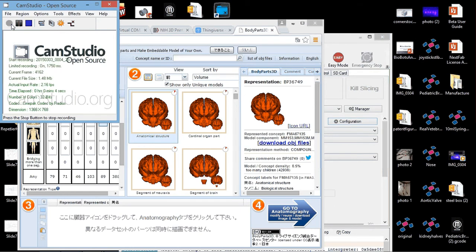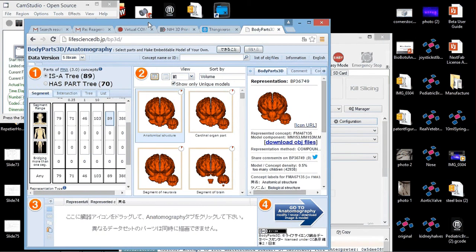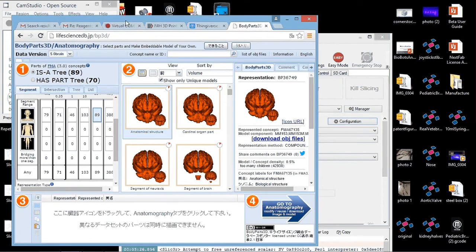So now I'm going to show you how to take a file and slice it with Repetier host and prepare it for your BioBot. So you can get anatomical files from a lot of different places, and so